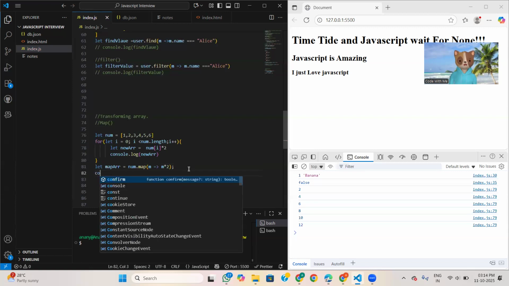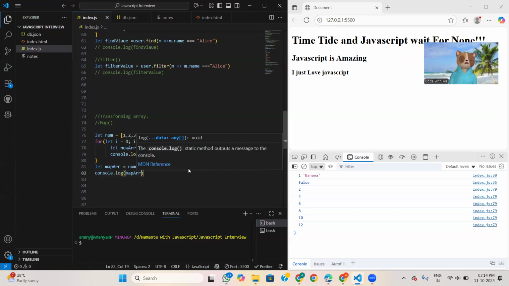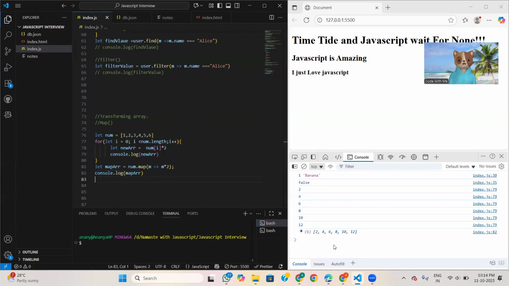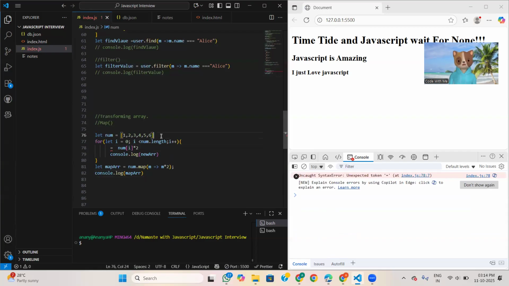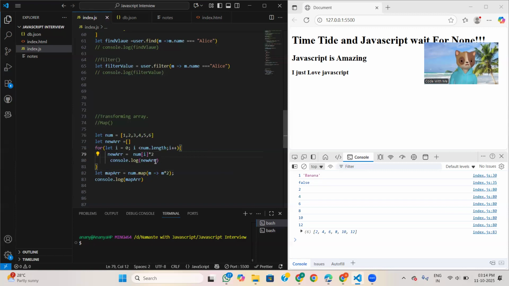Now if we write console.log map array, see, you are thinking why it is coming like this. Don't be confused by these things. If we write it here this way, we will write new. It is not coming in the form of an array.